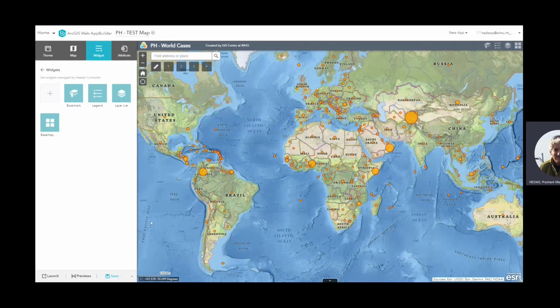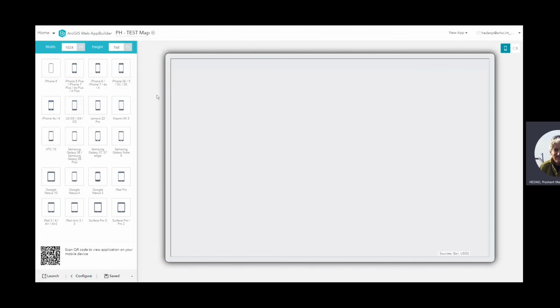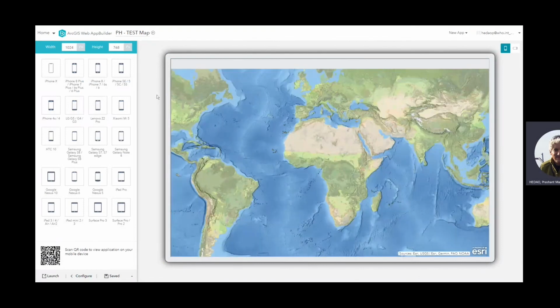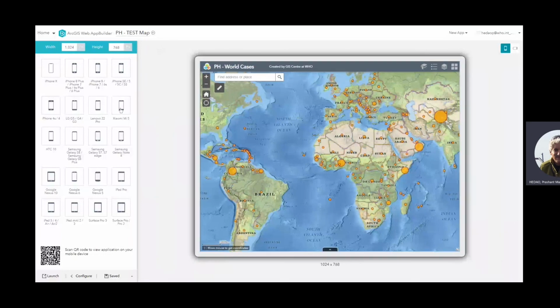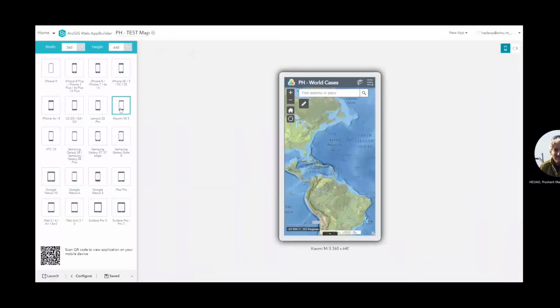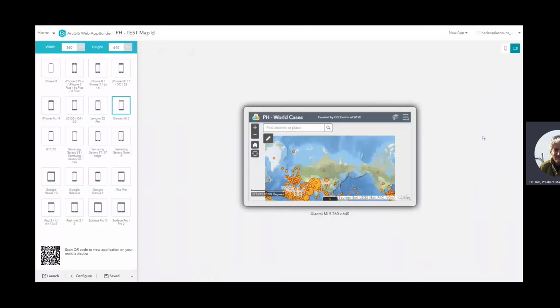So now it looks like I'm done. I'm happy with this. I have four icons over here and one icon over here. I save this web app, and I want to preview what it looks like. For preview, you have some nice options here where you can look at how the preview would look on a phone, or a tablet, or a Google Nexus phone, or a large screen. You can change the resolution here and adjust that, and it'll give you an idea what it looks like. When I look at it on a phone, it looks like this. And if I turn it into landscape, it would look like this.